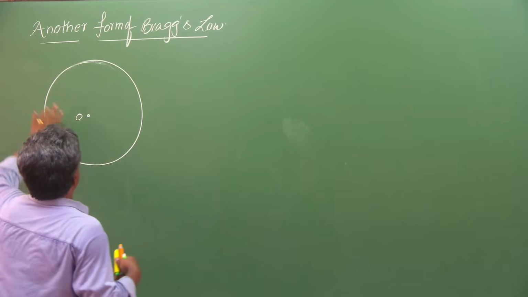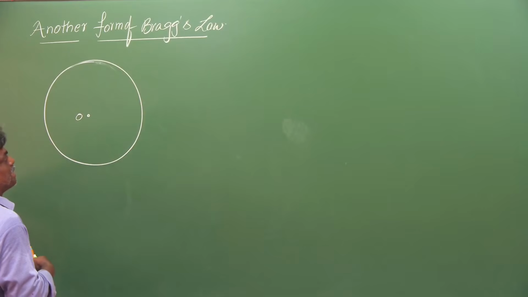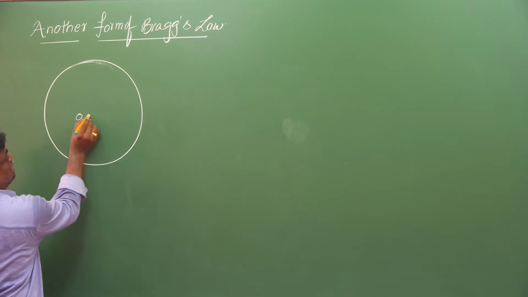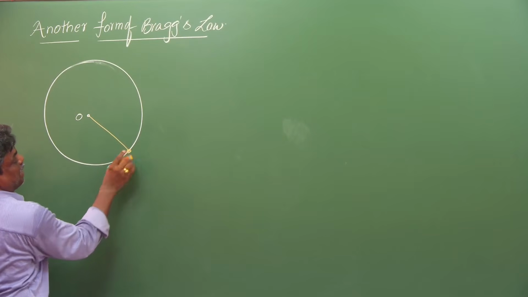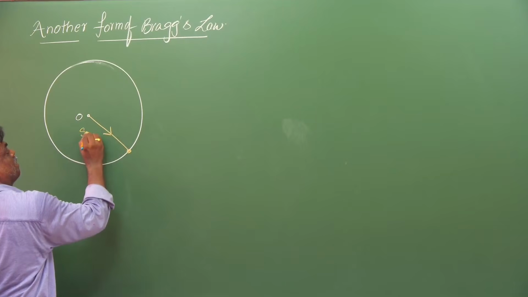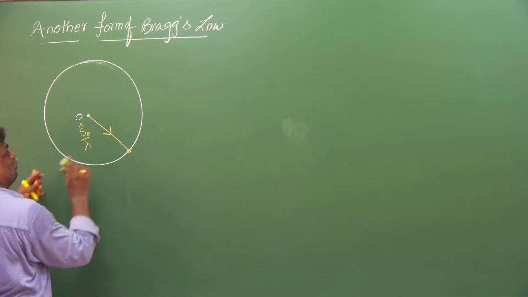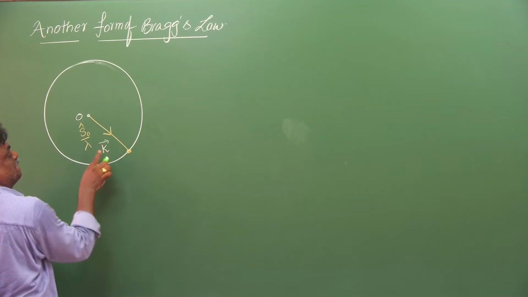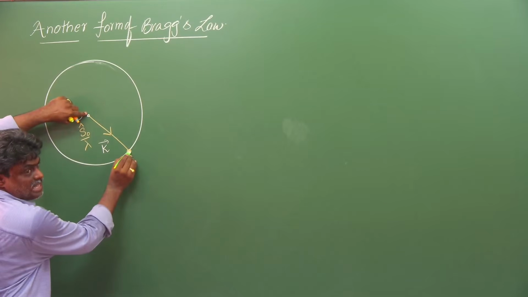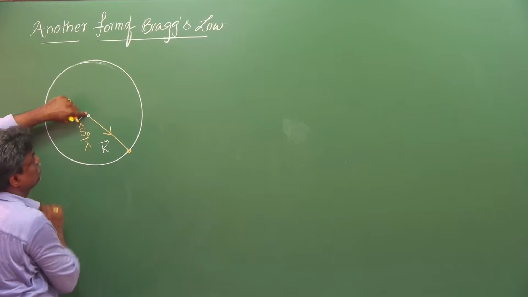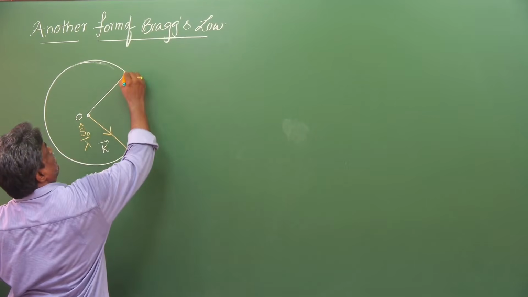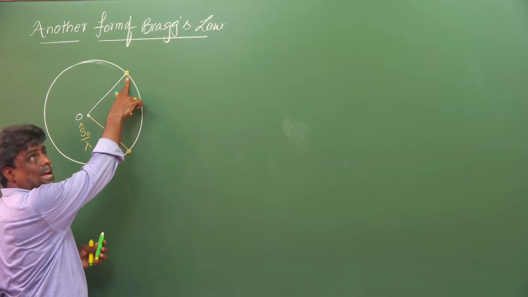Now ready? So here this is another form of Bragg's law, everyone. This is the origin I have taken, and in this direction I am taking incident. I have a valid reciprocal lattice point, no doubt. So this is my incident direction. With your permission, I will take its k vector as k bar, the incident k vector. Is it okay? Because this is origin and this is the lattice point, that's why this is k bar. Now I am assuming in this direction the diffraction occurs. That means here also you must have